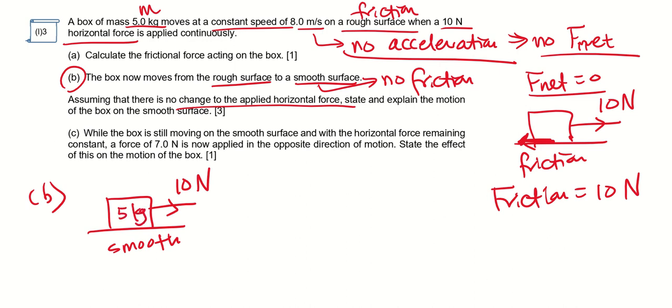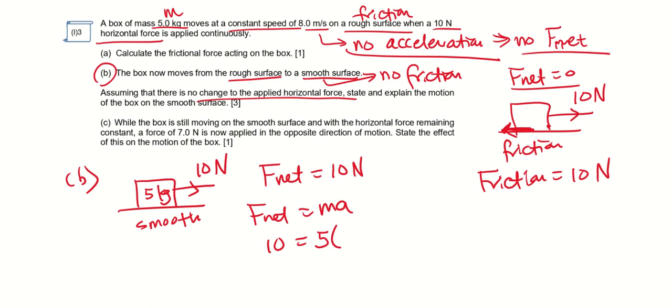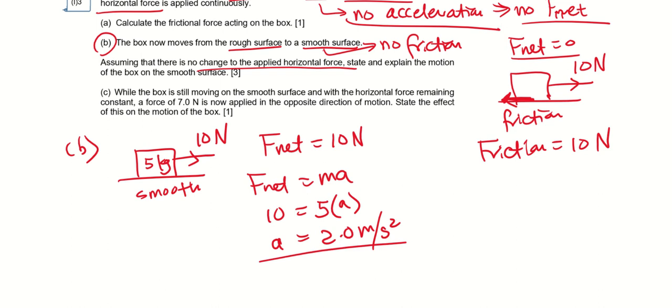So I can actually calculate my F net, or infer that F net equals 10 Newton, because that is the only horizontal force. So if I have F net, I'm going to have acceleration. So 10 equals mass times acceleration, check that it is 5 kg, check that it's in kg, so that I can get my acceleration of 2 meters per second squared. That means it's going to be accelerating at a rate of 2 meters per second squared. Okay, so the motion of the box will then be,